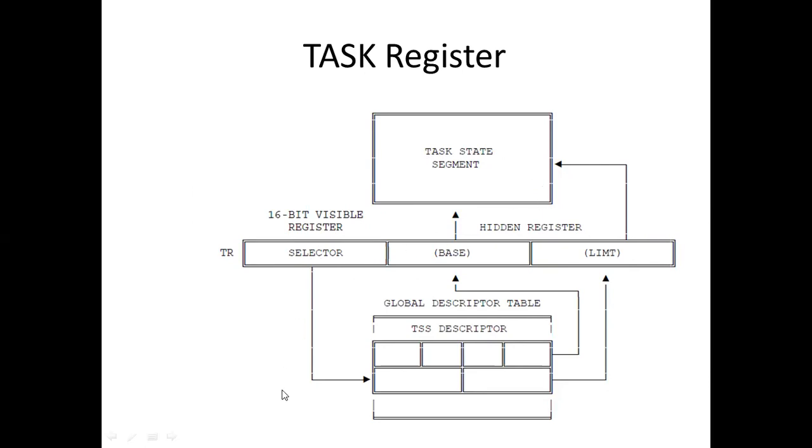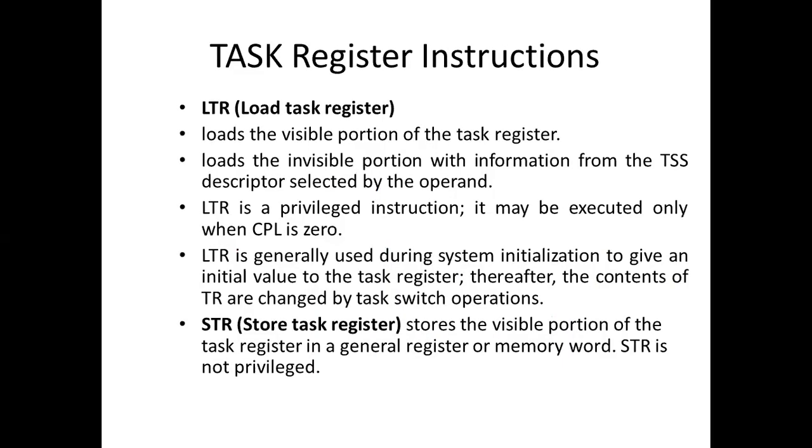A selector value of the task register is given to the global descriptor table, GDTR. Okay, so a task state segment descriptor table is also there. So depending on these values, a task state segment selects the task register,